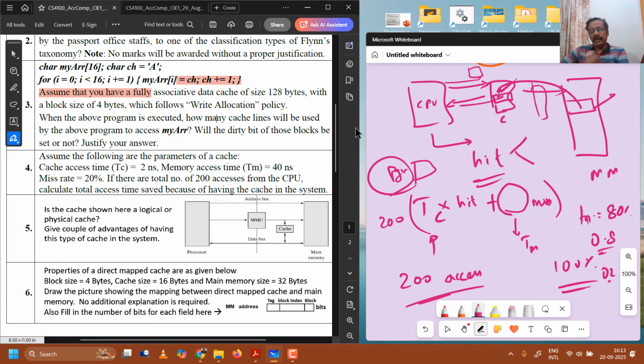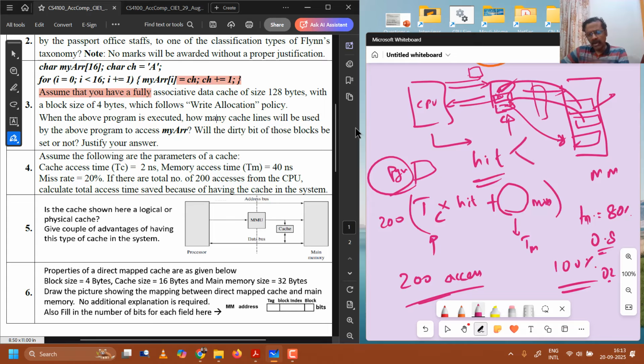If the block to be evicted has the dirty bit set, then you have to write it back into the main memory. Writing a block of cache data is not a small job. It takes some time, and then bringing the new block required into the cache. It all happens, and it takes sufficient time, which is a memory access time. Then it is read from the cache. So it is always TC plus TM for accessing missed data